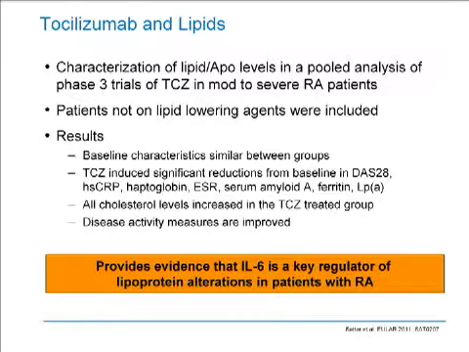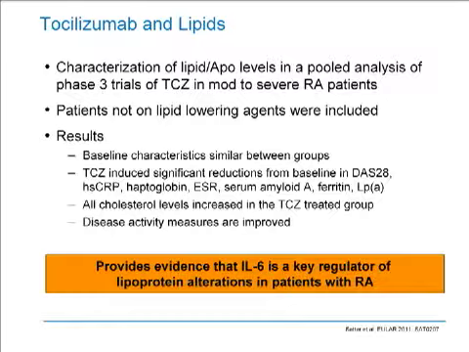It is known that this particular drug has been associated with increased serum lipids. But we also know that in the general population CRP and IL-6 are very important inflammatory cytokines, and they are implicated in the progression of atherosclerosis. So looking at tocilizumab, which is an IL-6 blockade, it has been shown to rapidly reduce CRP. However, as I just told you at the beginning, tocilizumab has also been associated with increased lipid levels. And so what does that mean in our patients that are being treated with tocilizumab?